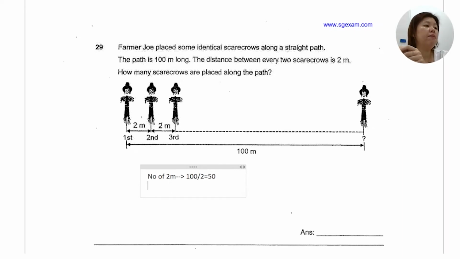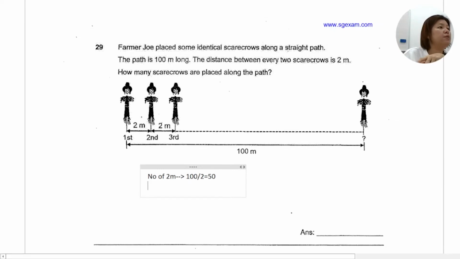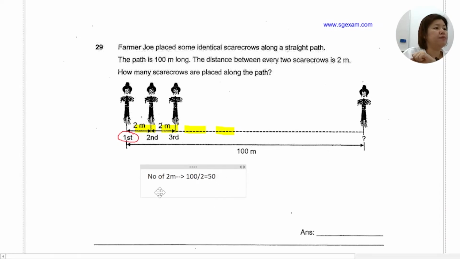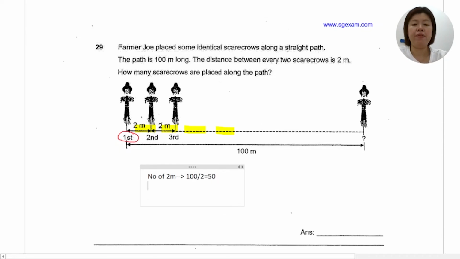Okay, so how many scarecrows are there? Means in between, I have 50. In between means I start from here, but I didn't include my first one. So now I must take 50 plus 1 equals to 51. Answer,